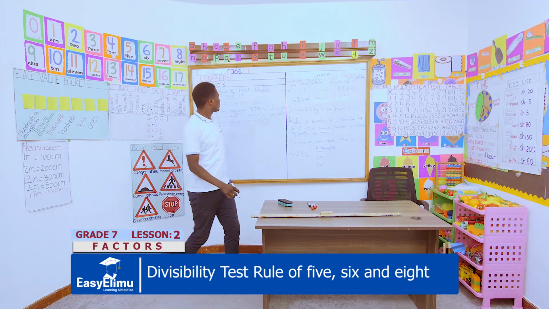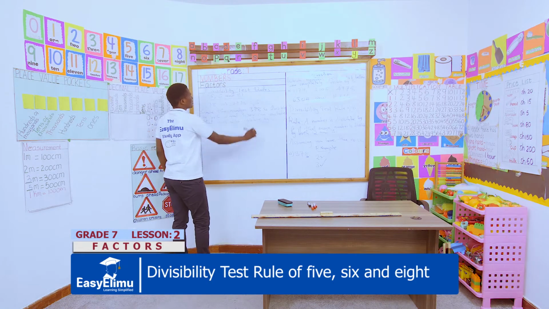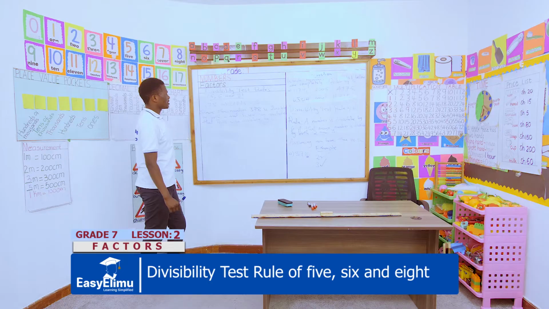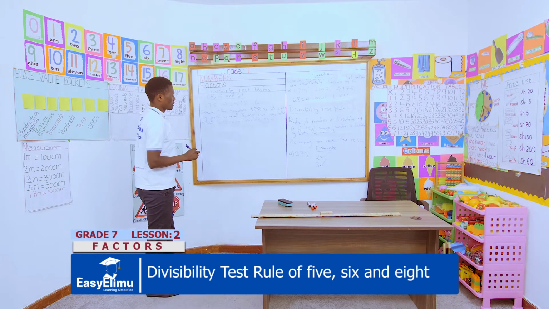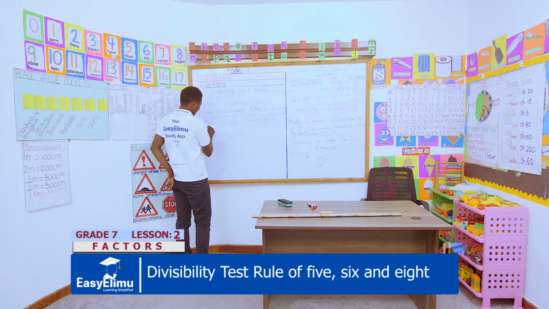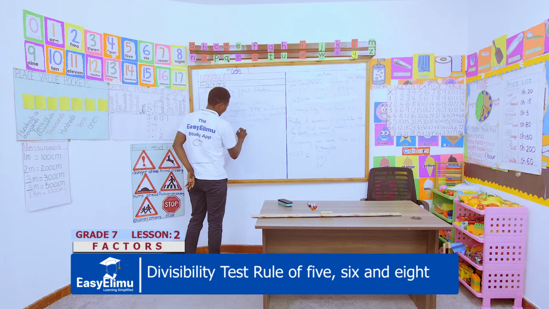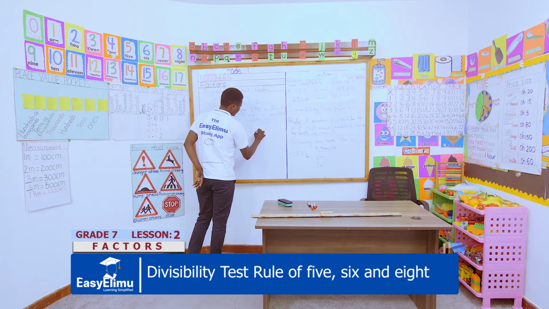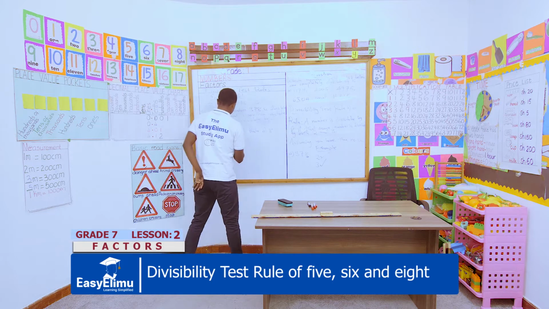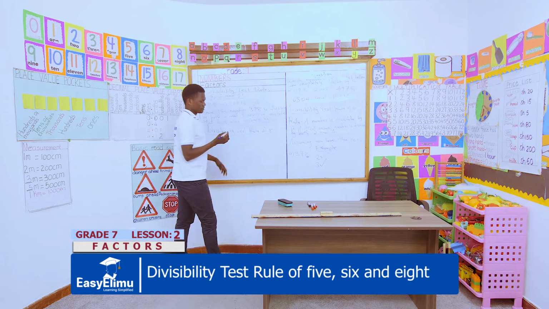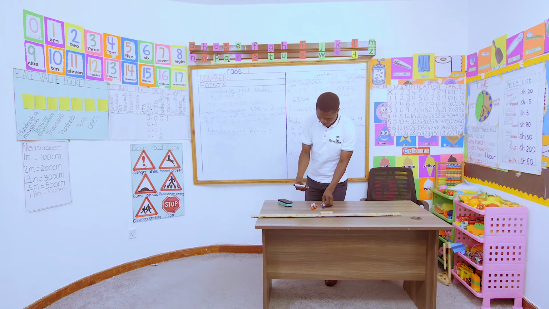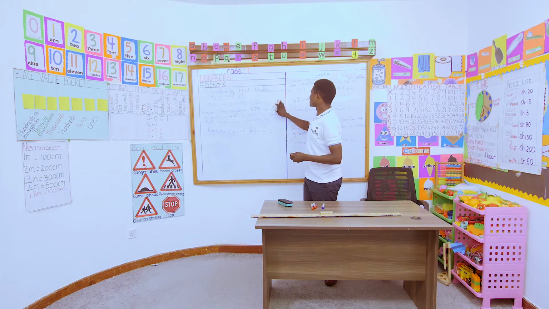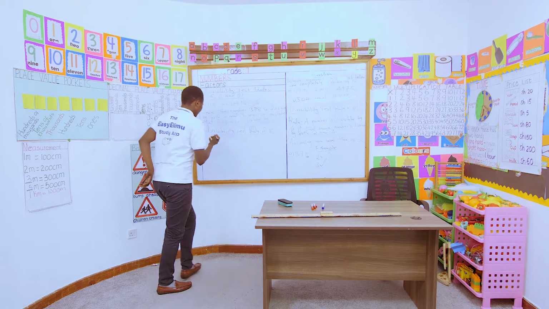That is correct. So our next number is the digit 8. So let us discuss the divisibility test rule of 8. Then after that, we can have a look at some questions. Divisibility test rule of 8. So we can write